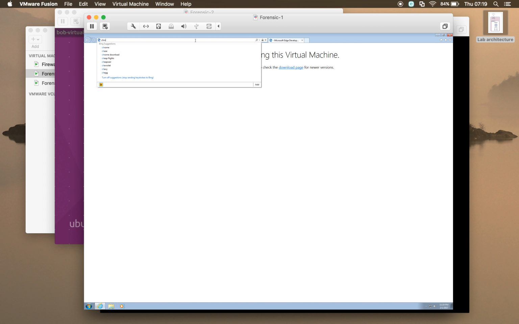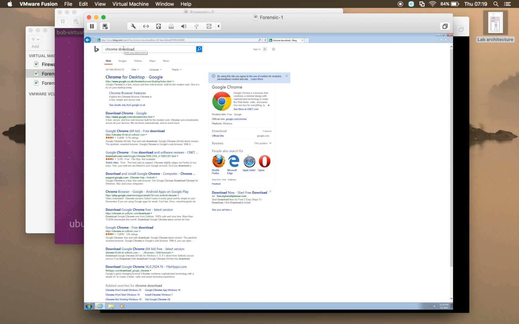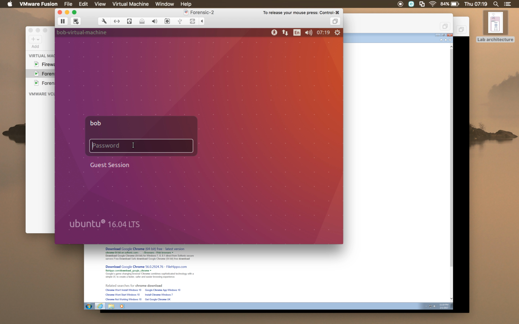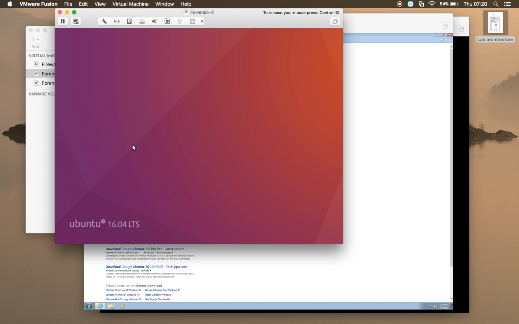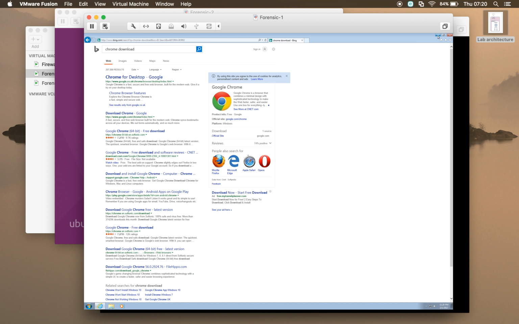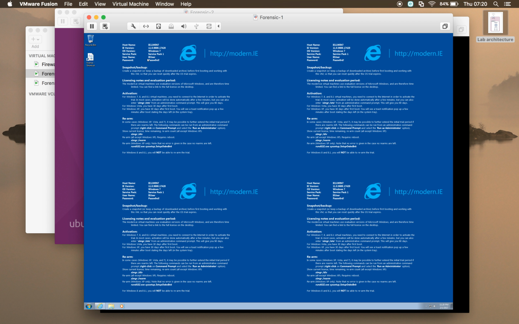Let's look for Chrome download. The first thing you always do with Internet Explorer is working out how to download Chrome. Okay, so that can get out to the internet. That's great. So Bob, the password for this one was a super secure one, which is Bob1234. Just so you know, the password for the Windows box is usually on the screen, and it's